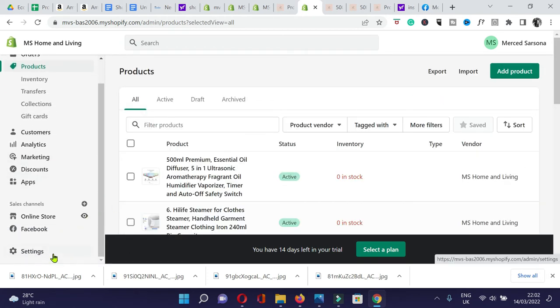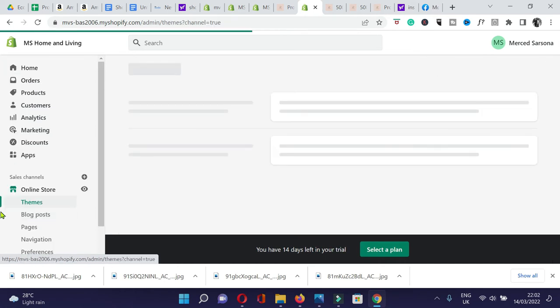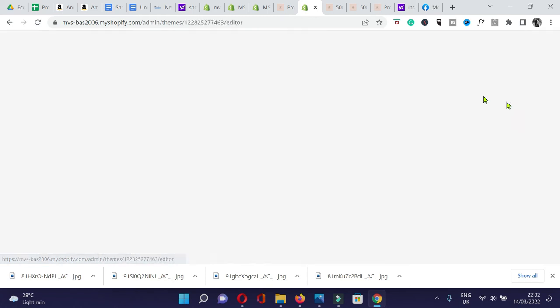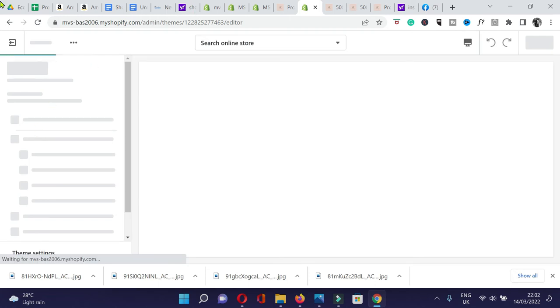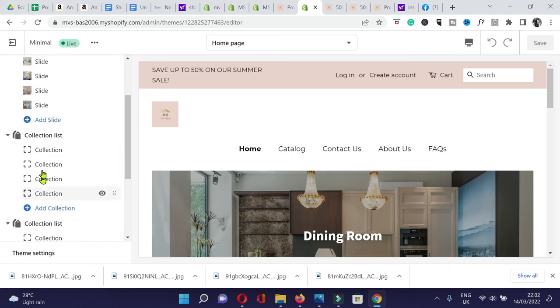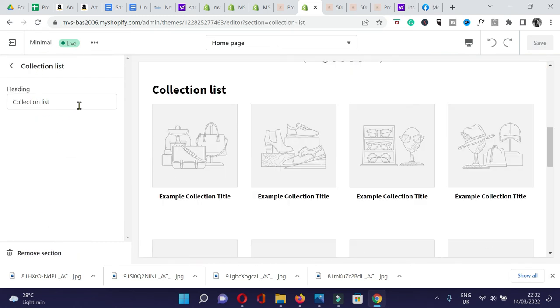Alright, so what I'd like to do now is I'm gonna click on our online store, and then I'm gonna create collections. Other themes, customize, and then we're gonna create our collection. So let's say we have here new in, save,